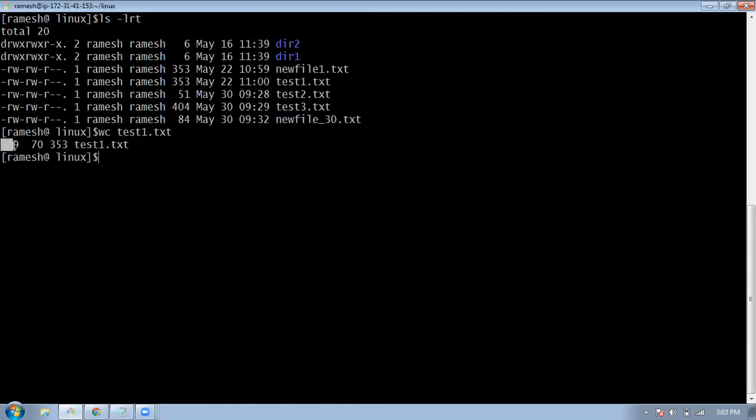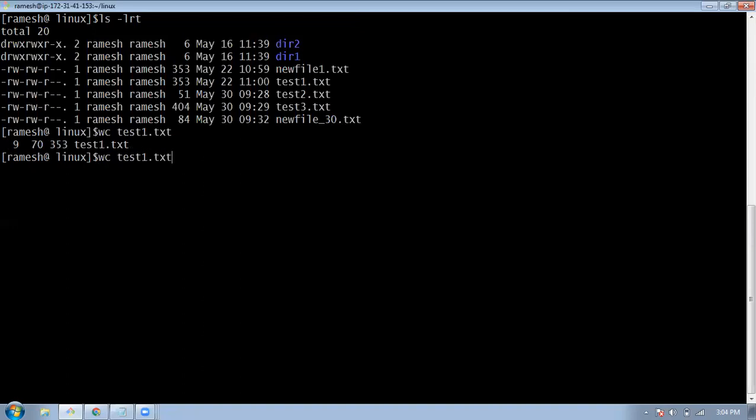There are total number of lines 9, and 70 is the total number of words in the file, and this is the total number of characters in the file, and this is your file name. So this is how you can see the total number of lines, words, and characters in your file.